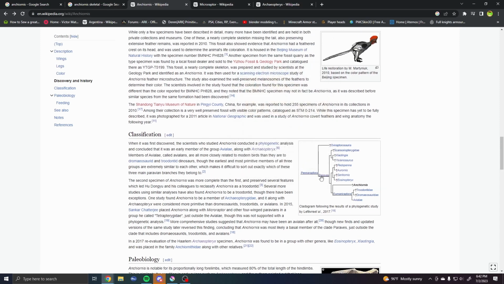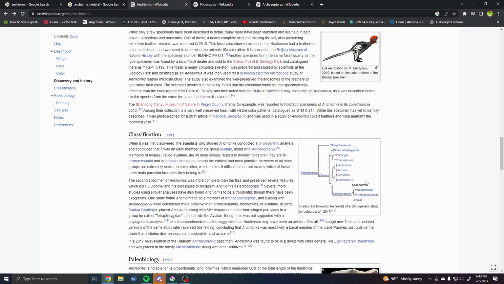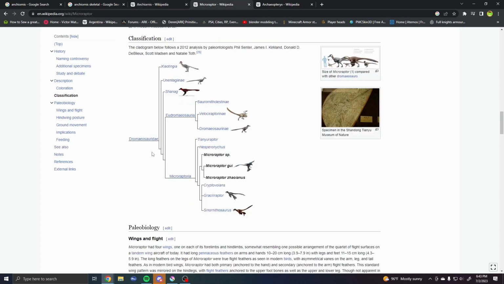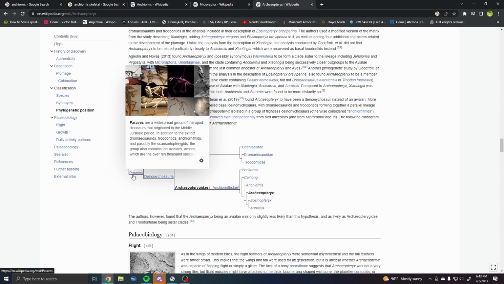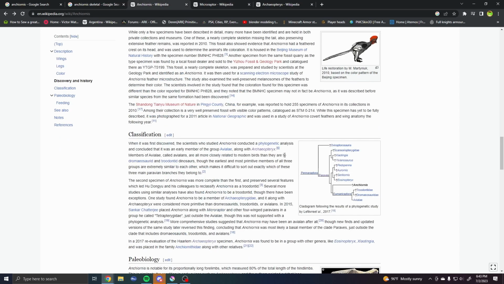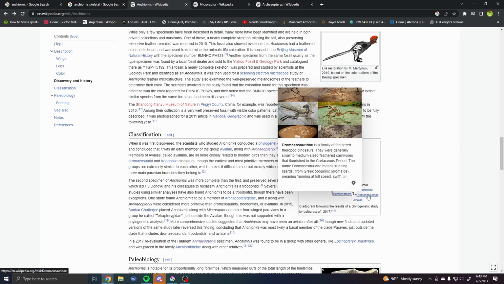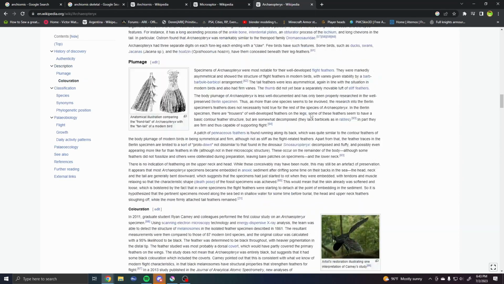Paravis is the family. Anchiornis is within the Paravis family, and that is fairly close to Microraptor and Archaeopteryx. Microraptor is Dromaeosauridae, and Dromaeosauridae is right there, so it's a little bit further away from Microraptor than it is to Archaeopteryx. So Archaeopteryx is probably the better relative to take a look at generally,